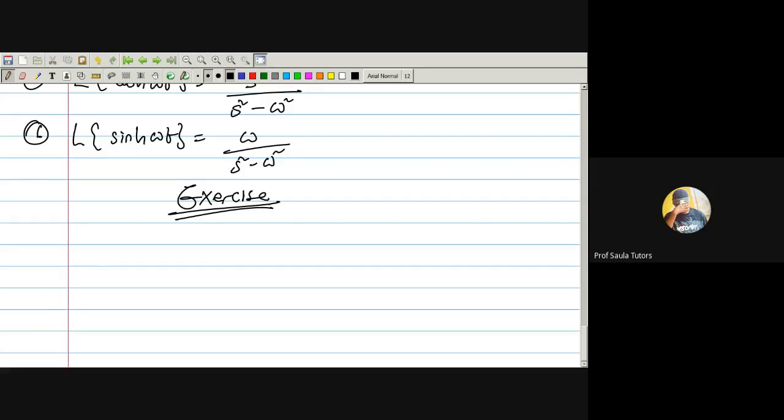Okay, now let's solve this Laplace transform. This is like an exercise to make you get used to the functions very well, all together. Now, the first question is this. Let's find the Laplace transform of